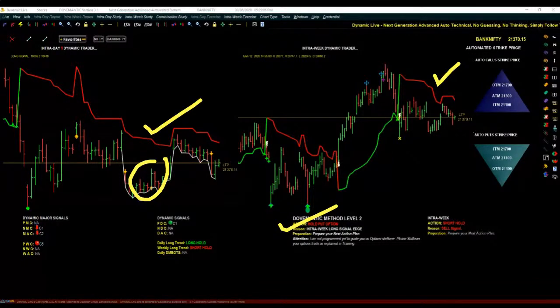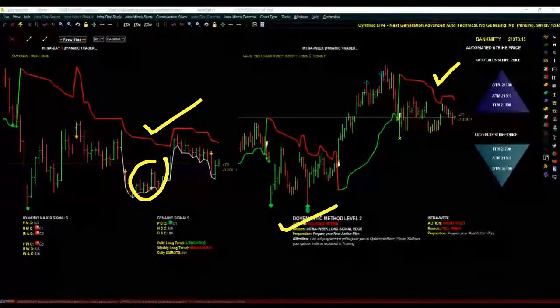Since all three of them are pointing downward, and since the action is telling us to buy a call option at this particular time, now we check the Tenkai signal. Whenever your trade is against the trend, don't forget to check the Tenkai signal. When we checked the Tenkai signal, we saw that in Nifty there is no long signal edge point, there is no zigzag. We saw it just some time back. Since there is nothing, we went ahead and did the trade, and we got a good exit today morning. But then